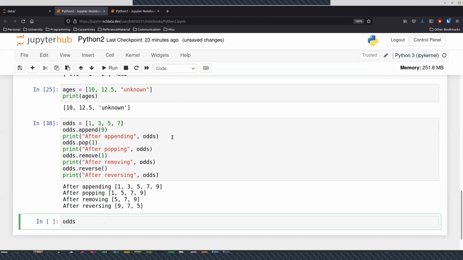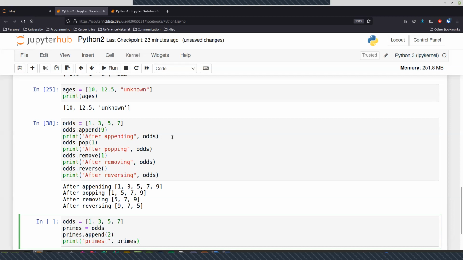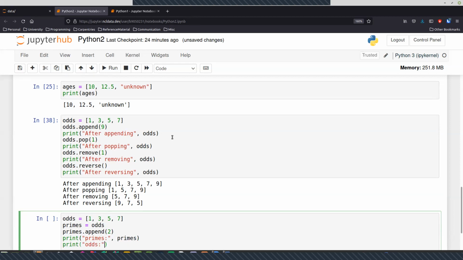if we create a new odds list, 1, 3, 5, and 7. And now I want a separate list of prime numbers, but prime numbers are very similar to odds, just with 2 as well. So if I say primes is equal to odds, and now primes.append(2), that should give me all the primes up to 7. So if I print primes and I print odds,